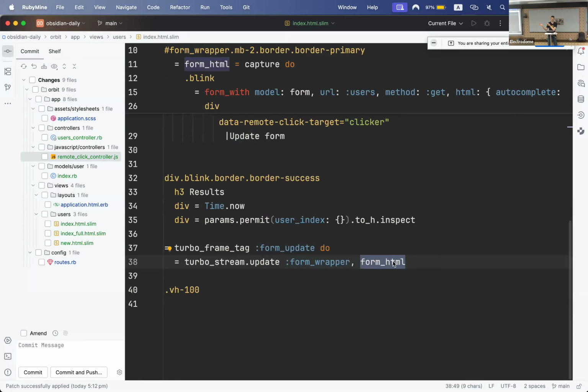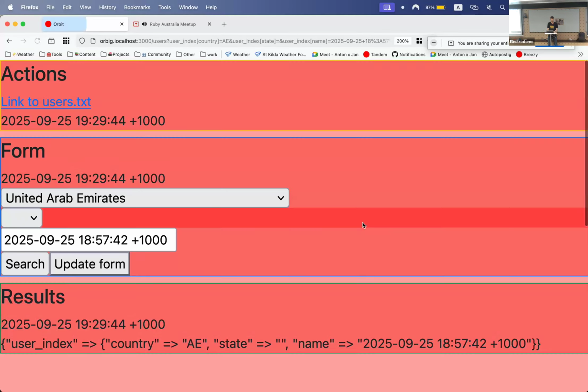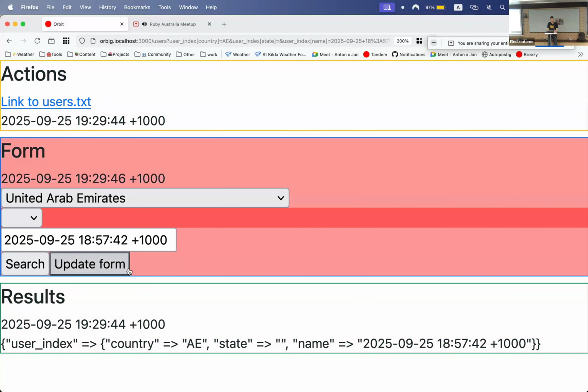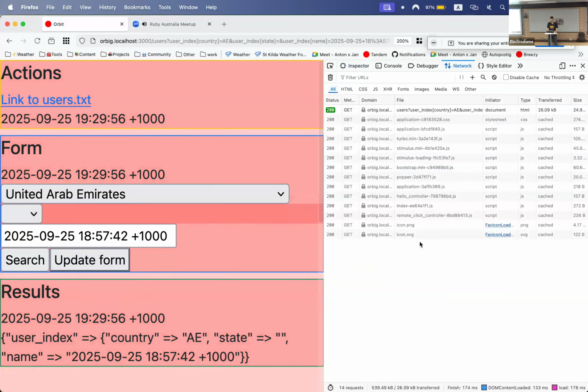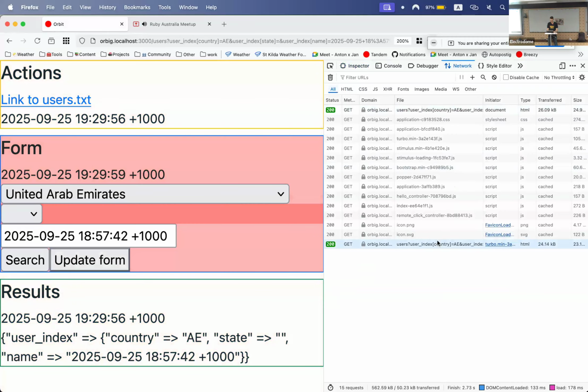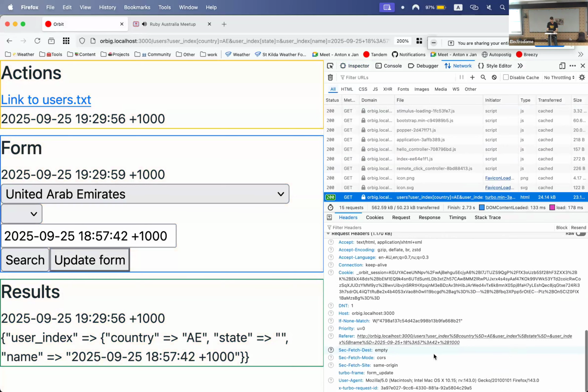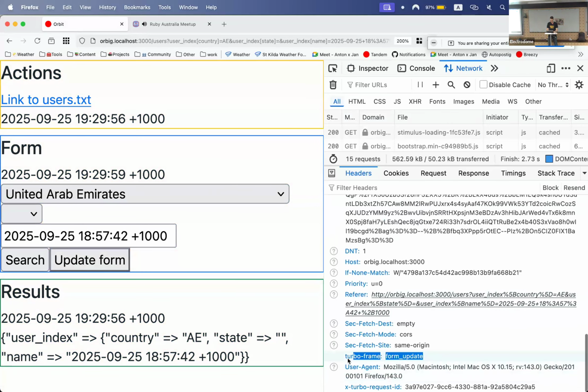All right. So far, so good. I've said a lot of things. So let's see if it works, first of all. Cool. So now if I press update form, you can see only the form updates. And if we inspect the network, so this is another cool update form. Can I make it larger? I can. So when